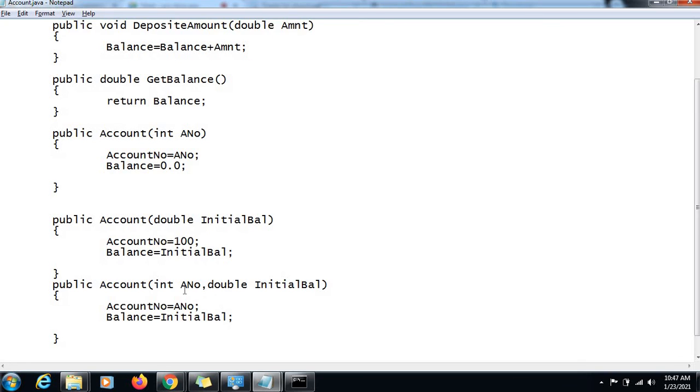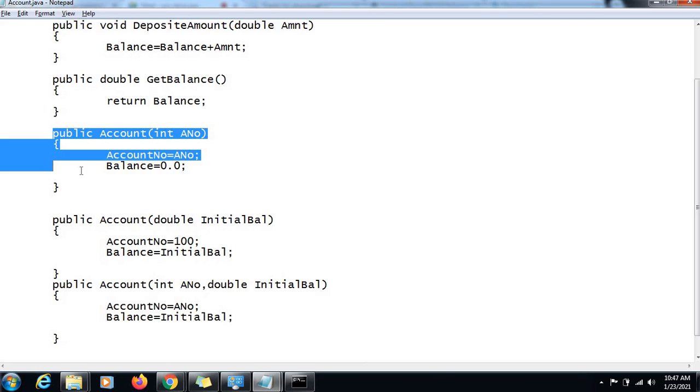And constructor overloading is implemented to allow different options of object creation. Here the bank is providing an option to open an account to a customer with his choice of account number where the balance would be 0.